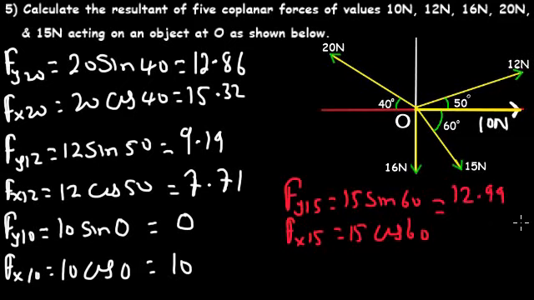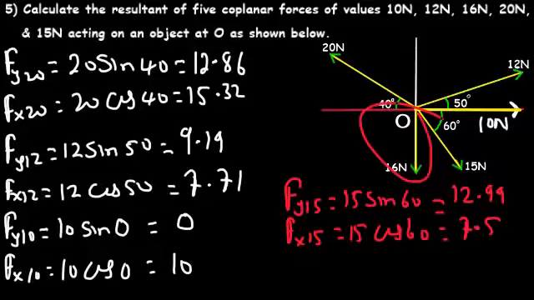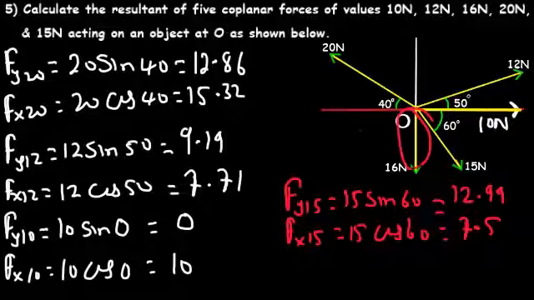Right, so 15 sine 60 gives us 12.99, and 15 cos 60. I don't know what's wrong with my calculator, it's just typing something else. 7.5. Perfect. Now on to the last one. So for the 16 Newton,